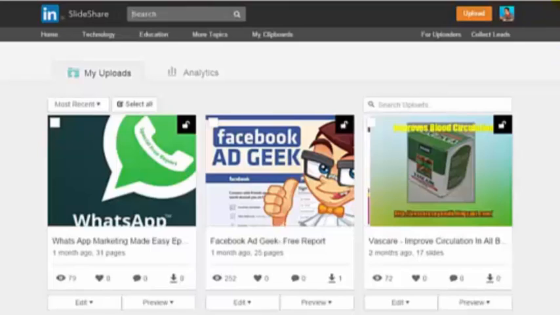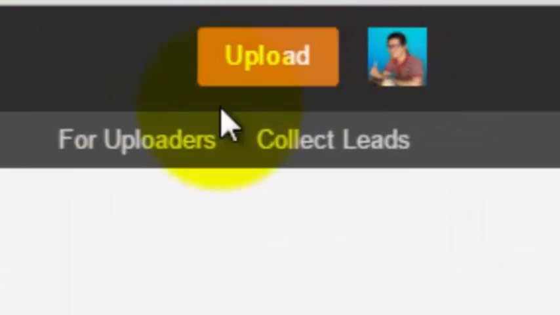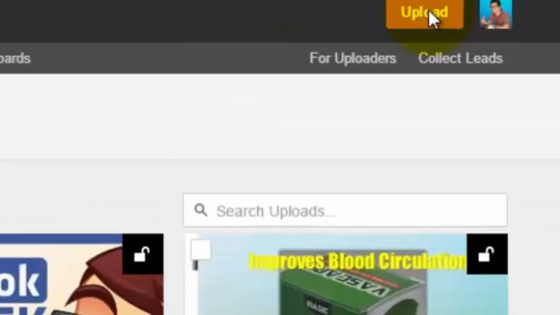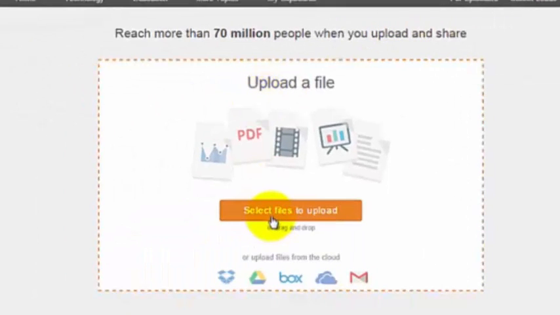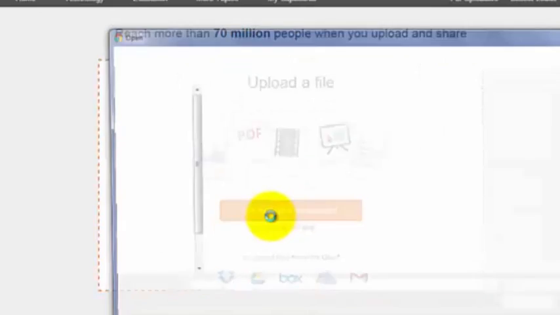So all you need after you log in is to upload a file. Then select files to upload from your desktop.